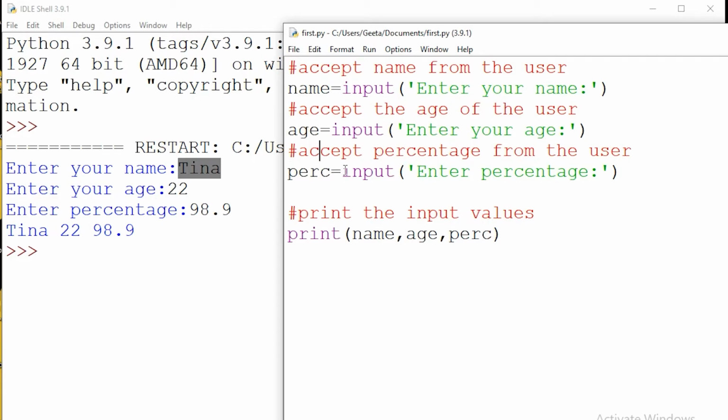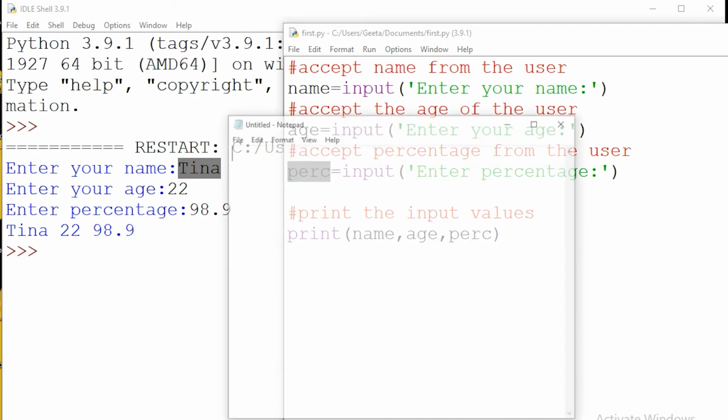Then the sixth line asks the user to enter percentage. The percentage input by the user gets stored in variable PERC. So this program makes use of three variables. One, name to store a name or string value, age to store an integer value, and percentage to store a float value.